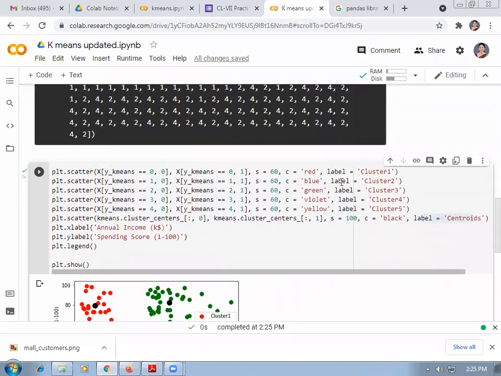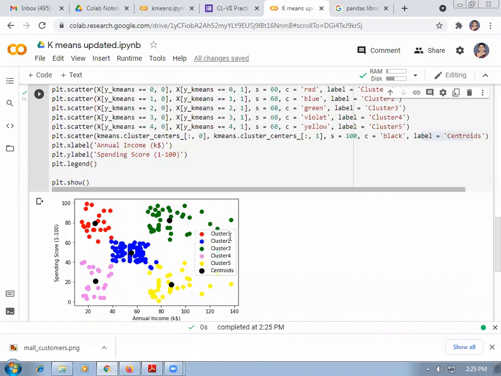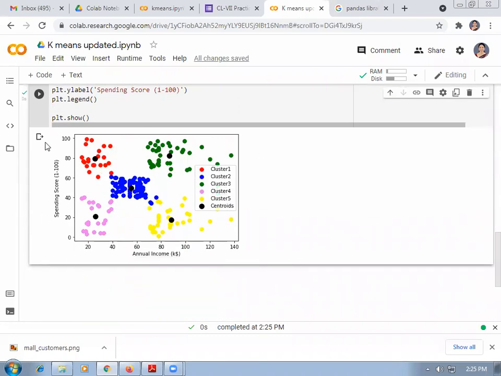Because we have given the label attribute. These are the sample data points, and from them K-means clustering is applied, and from this K-means clustering we have found the centroids and the number of sample points in each cluster.